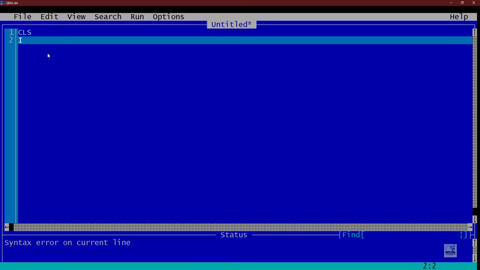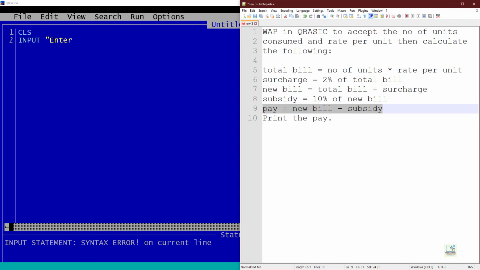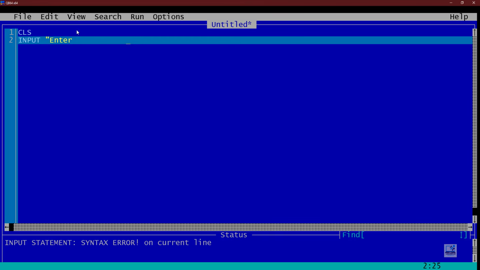CLS, input, enter. What to enter? We have to enter number of units and rate per unit. Okay, so write enter number of units and rate per unit.